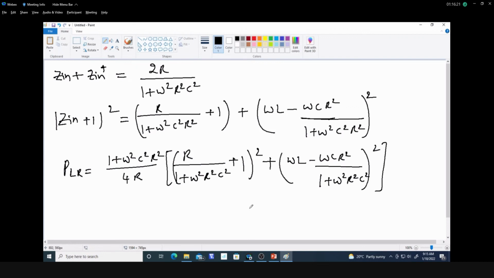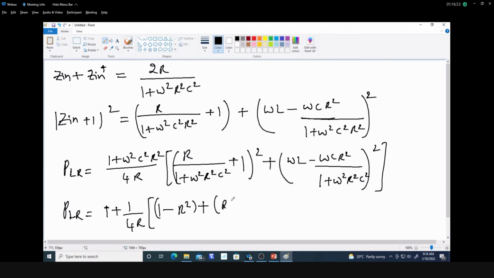This is how you get the expression for the PLR ratio if I input these values into the expression. Earlier we had (Z_in + 1)² divided by 2 into (Z_in + Z_in*). If I put those values into the equation and simplify, you get 1 + 1/(4r) × (1 − r²)